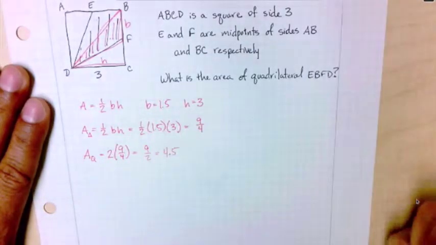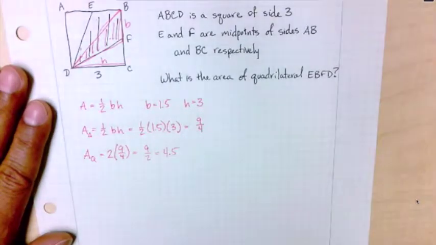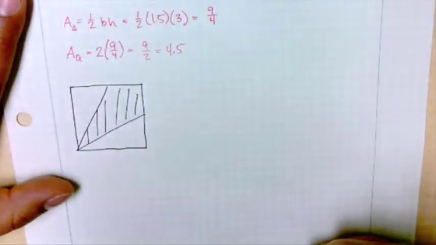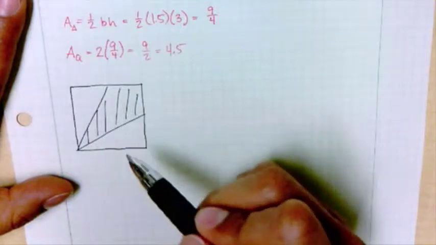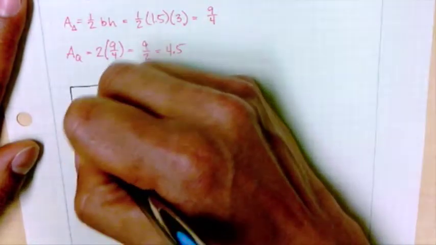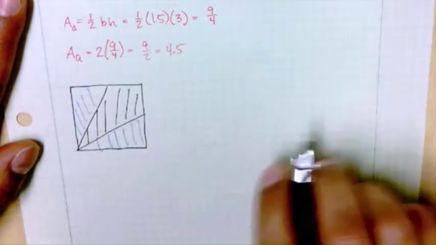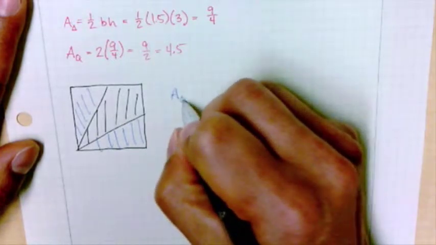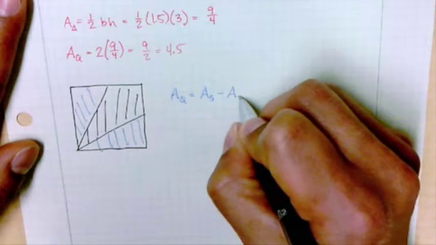So that is one way, probably the way most people would solve that problem. What I'm going to show you now is an easier way to solve the exact same problem. And this time, what I'll notice is that the area of the shaded in region I can actually compute by taking the area of the entire square and subtracting these blue areas. So the area of the quadrilateral is the area of the square minus the area of the two triangles that